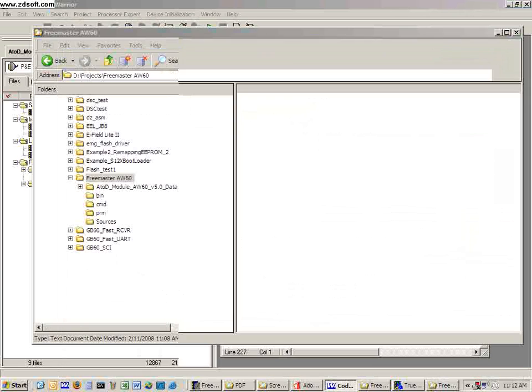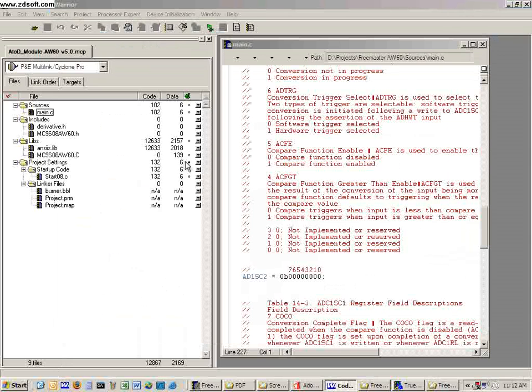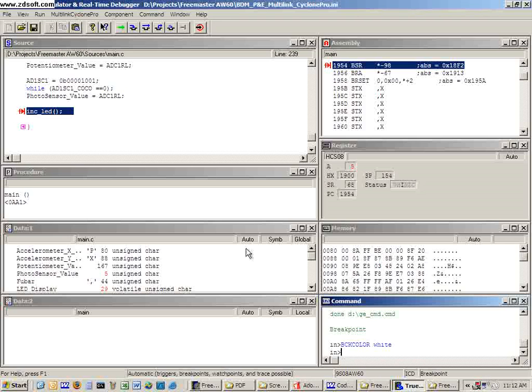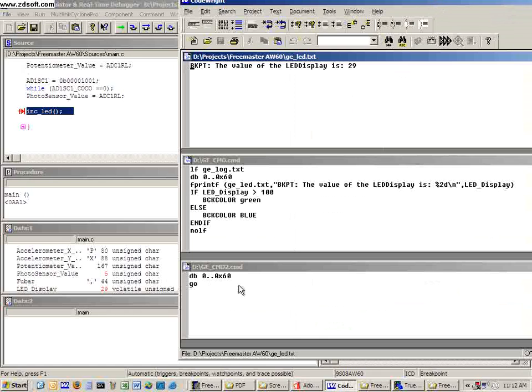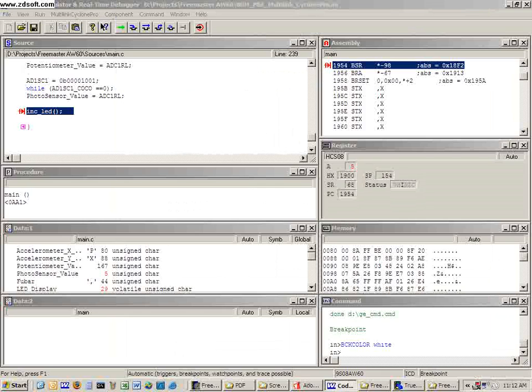So one of the things that's also kind of cool to do is to set up a command file that at the end of it, actually you do what you want to do, which is dump some data. So say you had some A to D value or something you wanted to look at, you dump that out, and then you go ahead and say go. So if you run it overnight and hit the breakpoint 10 times, you could get 10 times as much information and look at it in the morning. So the way that you would do that is